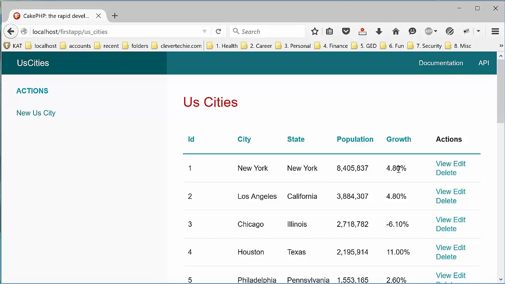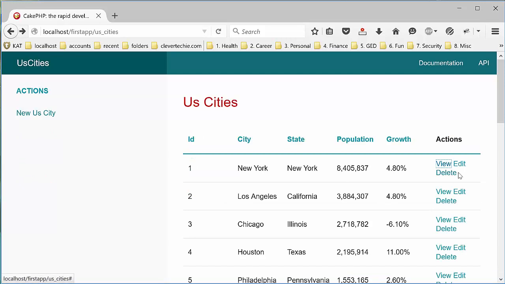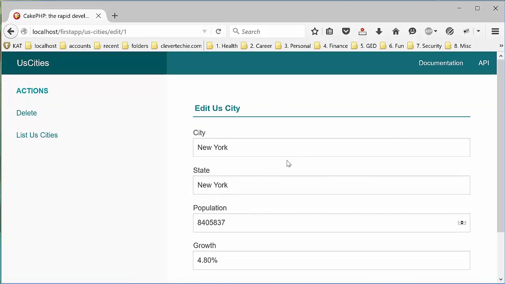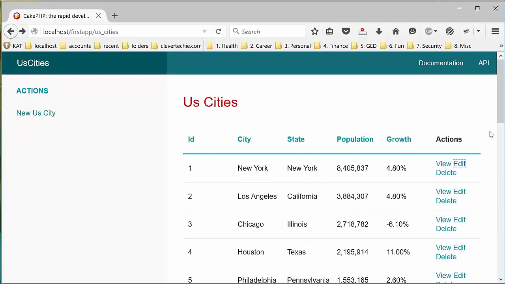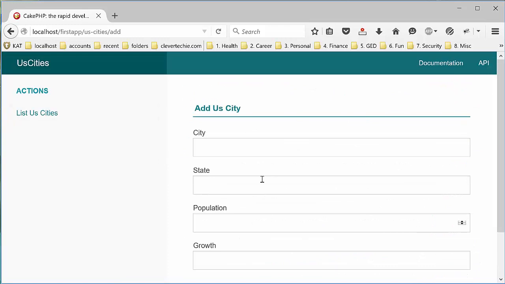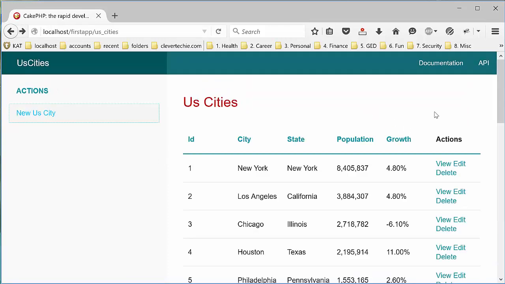And you can go ahead and view each individual record and view all the records. You can also delete a record, you can edit it, and all these templates have been generated automatically for us. So you can just see, you can add a new city, and that will all work. So you can just see how powerful CakePHP can be with just those baking commands, and this is just a glimpse